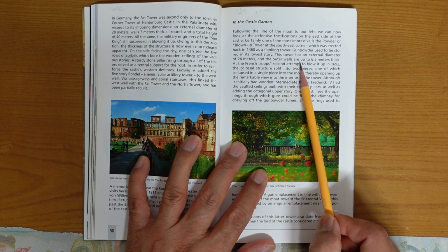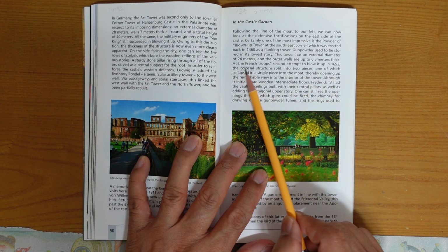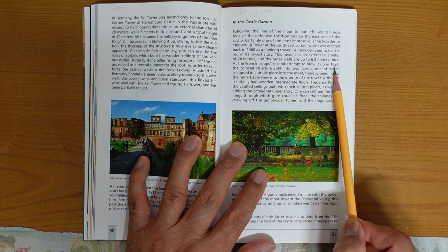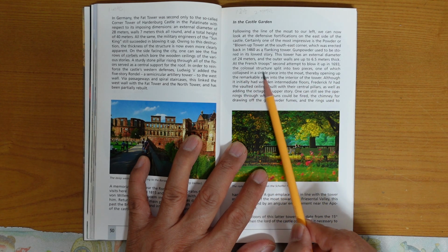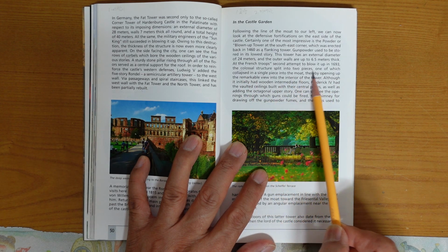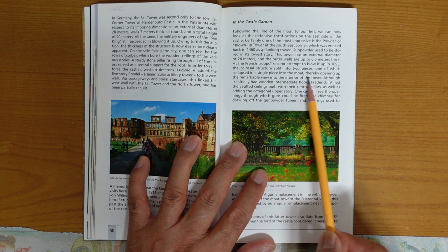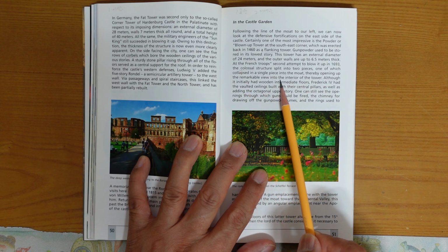The tower walls are up to 6.5 meters thick. At the French troops' second attempt to blow it up in 1693, the colossal structure split into two pieces, one of which collapsed in a single piece into a moat, thereby opening up the remarkable view into the interior of